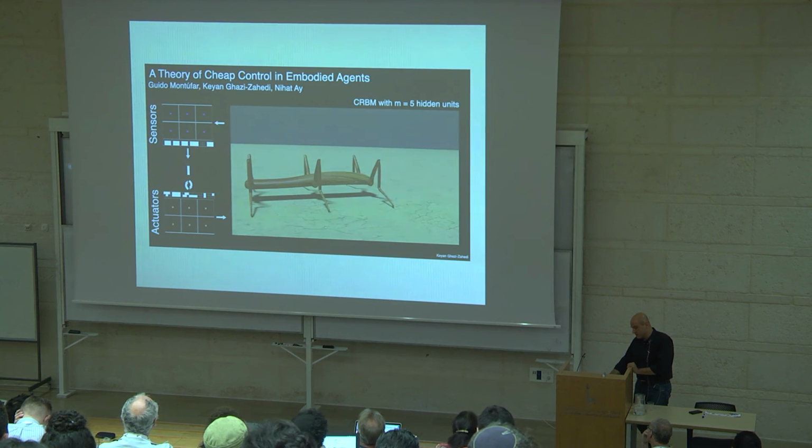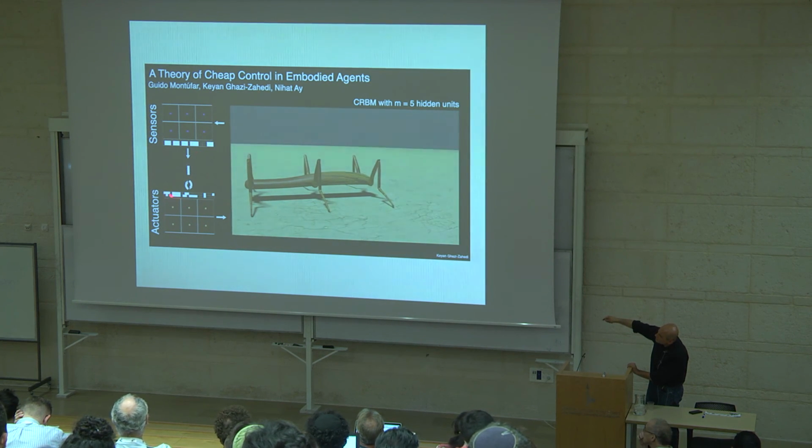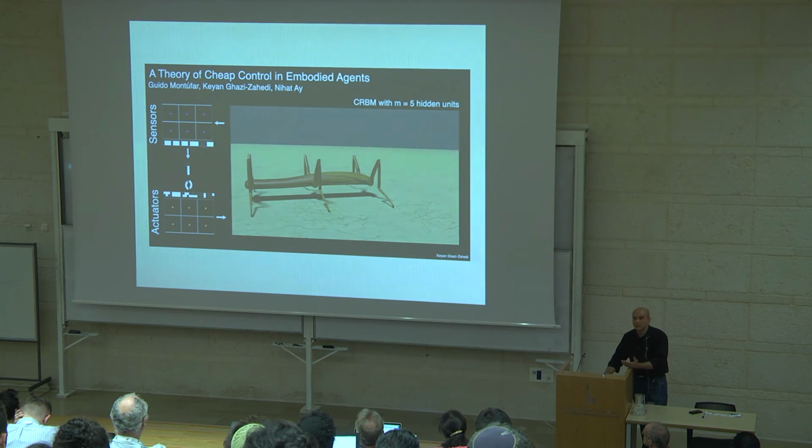And let us test it. So this is this poor guy. This describes the sensor states. These are 48 sensor states, 48 actuator states, and this is the hidden layer. It only consists of 5 neurons. Let's start with 5. So m equals 5. And we trained the system. I'm not going to show you the training phase.